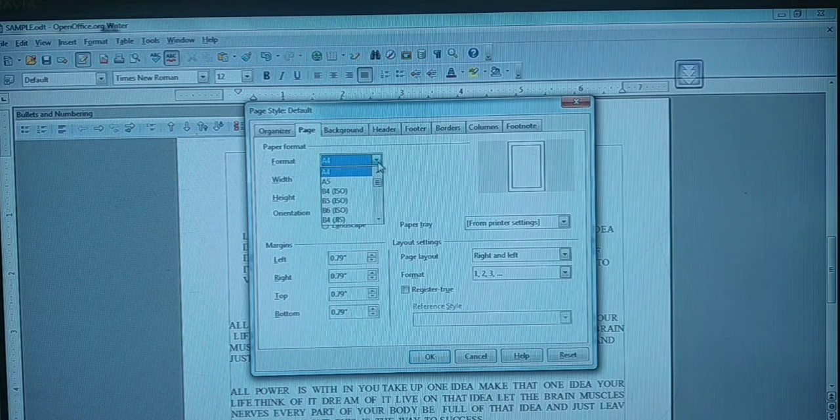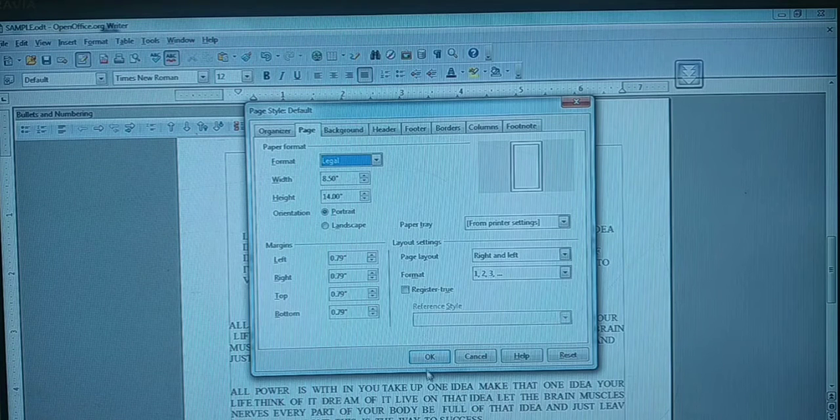Now, whatever else you prefer, you can change it. It can be A5. Yes, immediately see the preview window. There we have seen the changes also. Next you have the letter format. Just by clicking that one, the changes will be seen. In the width and the height boxes also, the values will be automatically changed for you. It is your legal. See, you are able to see the difference between the A4 size, letter and then legal. While I am changing that format, the equivalent width and height of that page size will be changed.